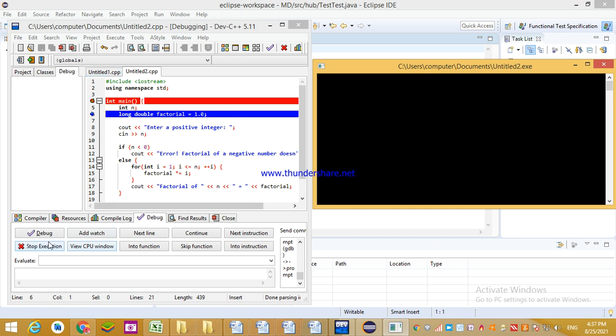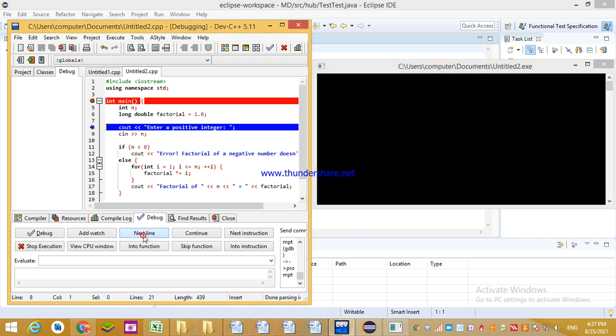As soon as I have pressed debug, the control from this line goes to this line. You can easily see the arrow going from this line to this line directly, right? Then I am going to check the next line where the control goes. Can you see the difference between the previous screen and this screen? Yes, okay. The control goes from this line to this line, see the arrow.